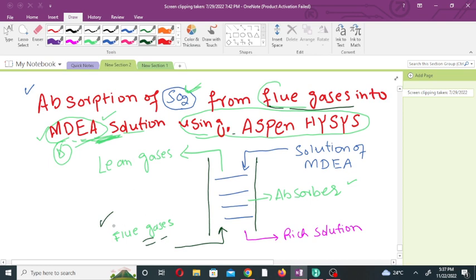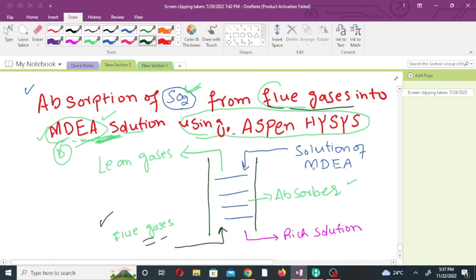These are the gases which are produced after the combustion of coal or some other fossil fuel. As we know, coal consists of sulfur, nitrogen and other elements. From the elemental analysis of coal, you can say that coal can produce sulfur dioxide, nitrogen oxide, carbon dioxide and other harmful gases. If these harmful gases go to the environment from the industries, they will create air pollution. So in order to reduce the concentration of sulfur dioxide in the flue gases, we will absorb the sulfur dioxide gas from the flue gases into the